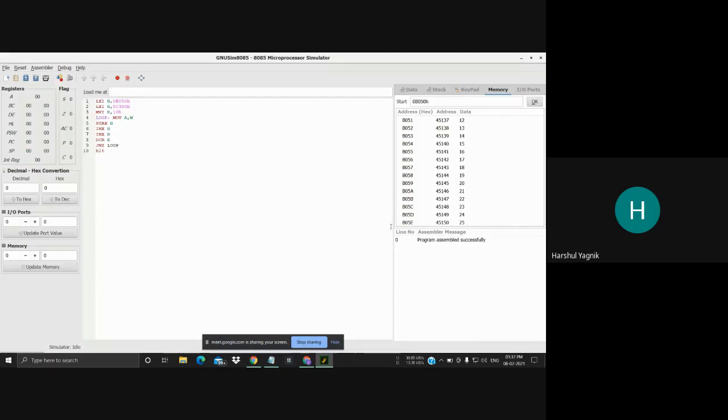So here I overwrite 11 to 26. Yes, it is okay, 26. And this is, I guess, empty. Yes, this is empty. Now run the code.